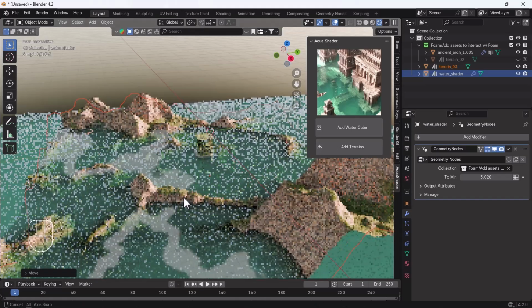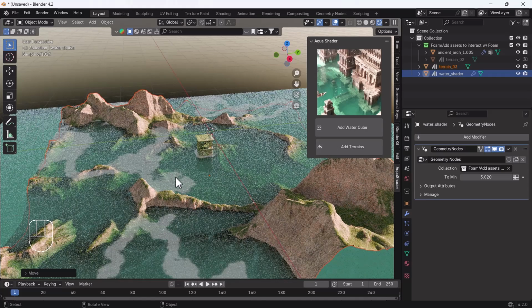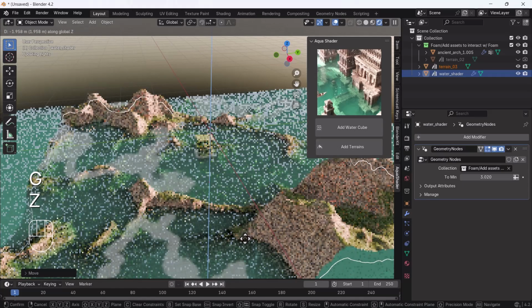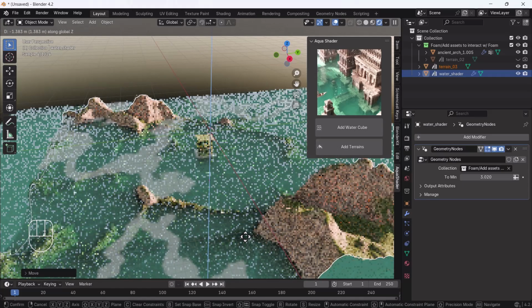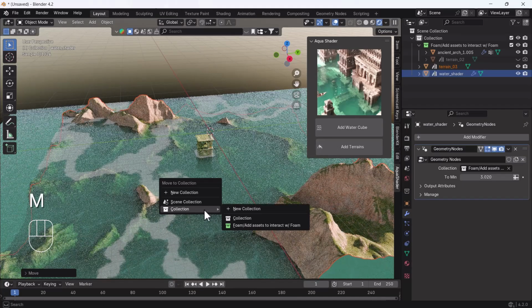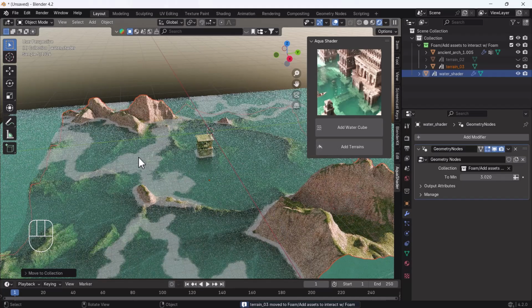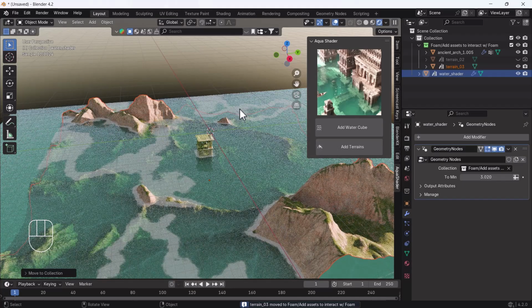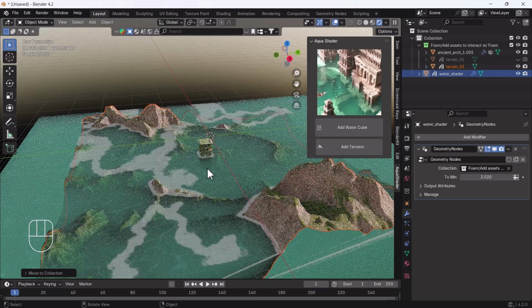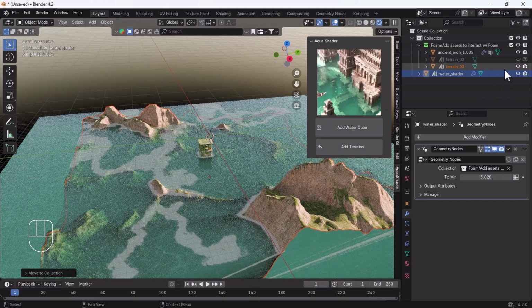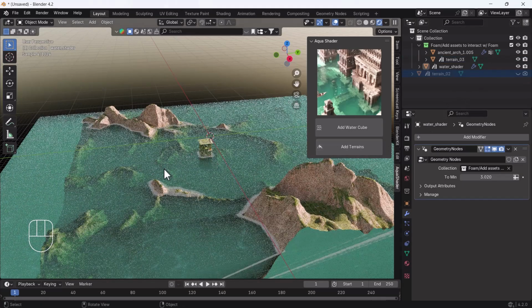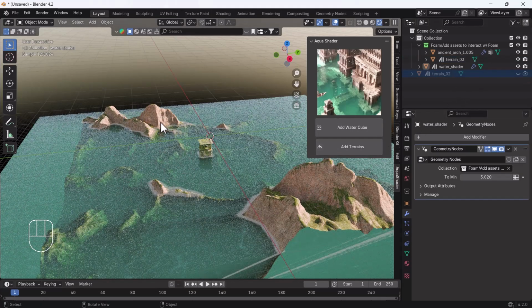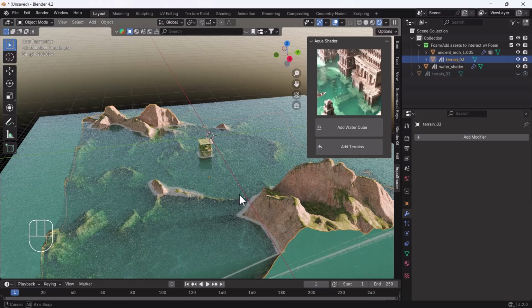Here you can see, and again if you need foam according to this terrain, you know what we have to do. We just press M and move this collection to the foam assets, and now the foam will also be created according to this as well. Alright guys, the earlier foam, which we have already hidden, we can just move from here to here, and that foam will disappear, and only the foam for the existing terrain will show as well.